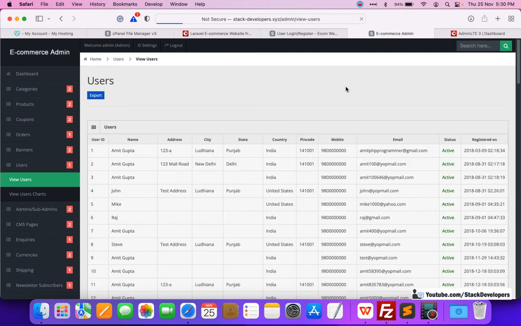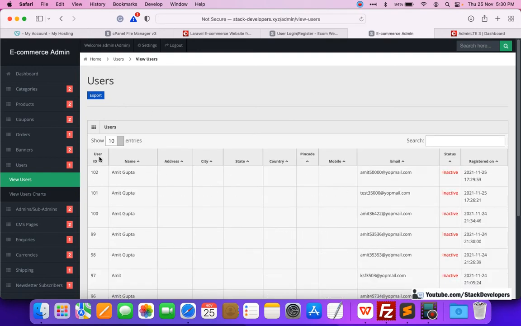So let's refresh this one as well, and I'm going to check the last id, and here the id is 102. You can see Amit 50,000 at yopmail.com gets registered in the other website as well, the basic e-commerce website. So we are able to register the user in both websites at the same time, in basic as well as in advanced e-commerce website.